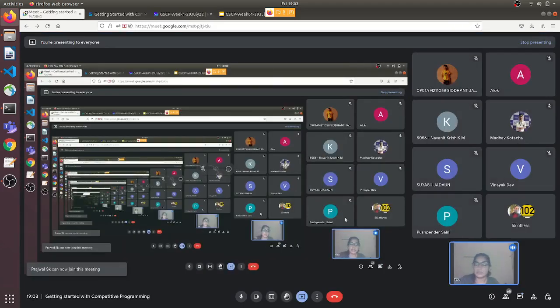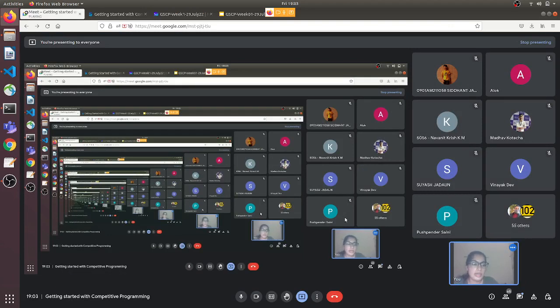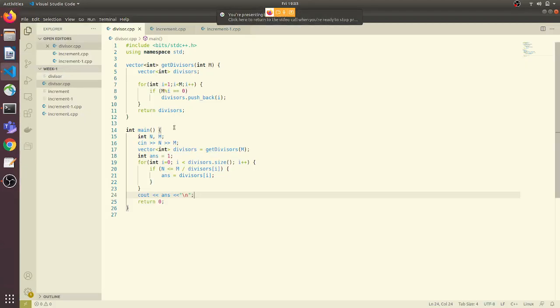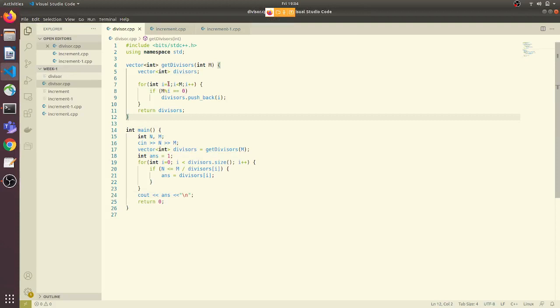So I had asked you how will you optimize the code. I hope this was clear. If not, then please let me know. And yeah, I had asked you how will you optimize the code, and a couple of you gave the answers. So yes, the first possible way, first of all, many of you correctly observed that the get divisor implementation here